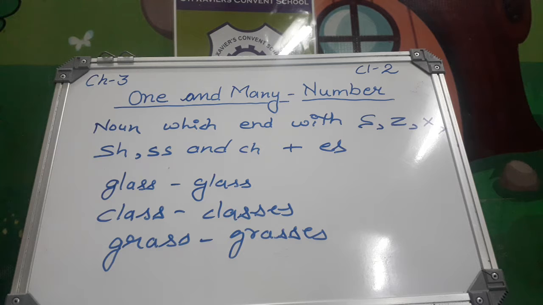Some nouns end with y, like baby, city, fairy. We change them into plural form by changing y into ies. For example,